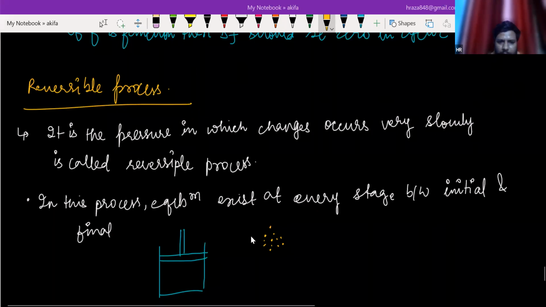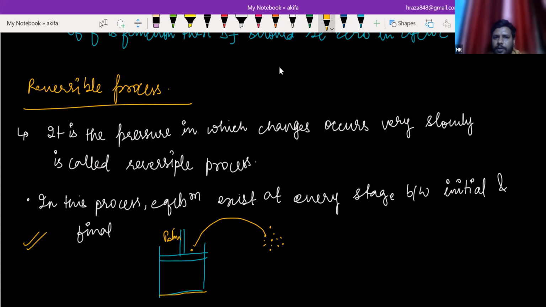Okay, just see what is reversible process. These are basically a large number of sand particles, and you are going to put one of the particles on this. There will be atmospheric pressure. Will the piston move in the downward direction or not? If you pick one of the sand particles and put it here... Akifah, just write it. We will continue in the next class because other students are joining. Okay.